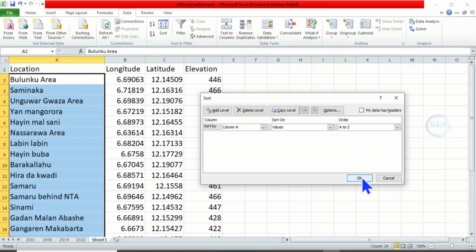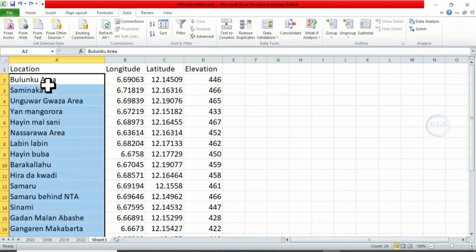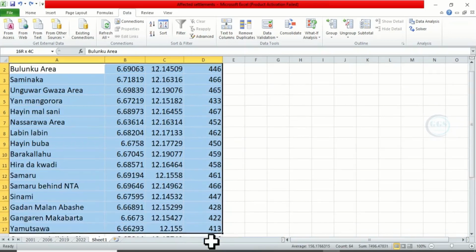So if I click on OK, you can see it has been arranged alphabetically. However, this longitude and latitude remain unchanged, which means you have interchanged the longitude and latitude value with the wrong locations. So this is not the best way to do it. So let me undo. Now the best way to do it is you highlight all the column, all the available